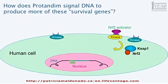So this NRF2 activator, by activating the kinase, brings about a chemical reaction, and there you see a little round red protein labeled NRF2. That's our signal molecule, messenger molecule. And it's being held inside the cell, but outside the nucleus by another protein here labeled KEAP1. Because this kinase physically changes the NRF2, and you can see there it's put a little yellow phosphate group on it, a change in structure. And that change brings about a release of NRF2 from that blue protein that's been holding it out in the green part of the cell, allows it to diffuse into the nucleus